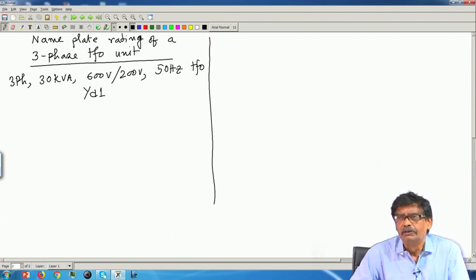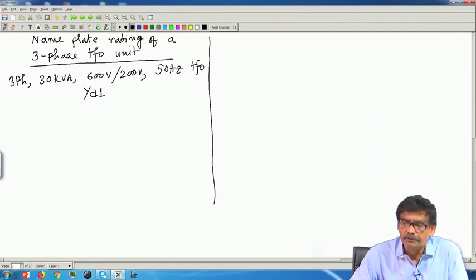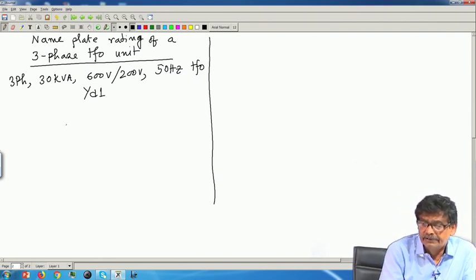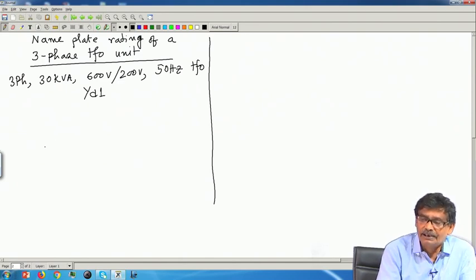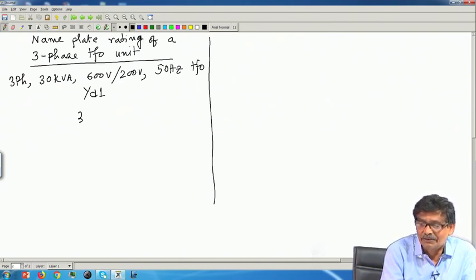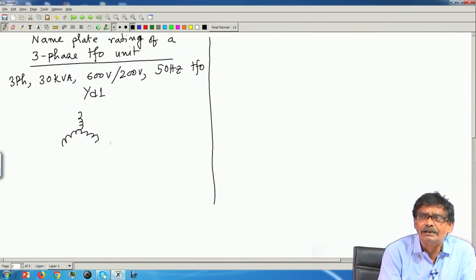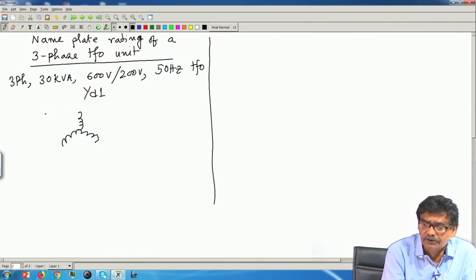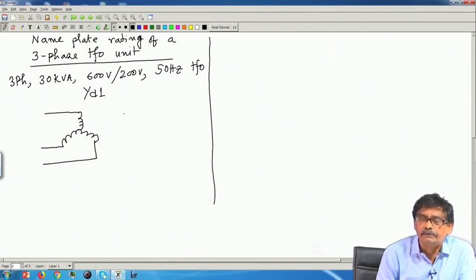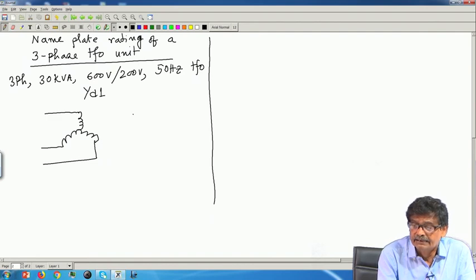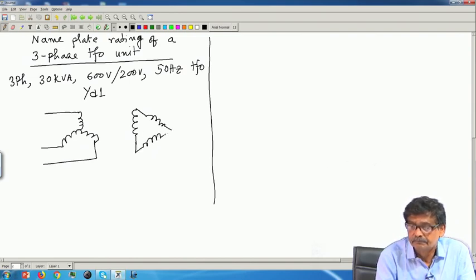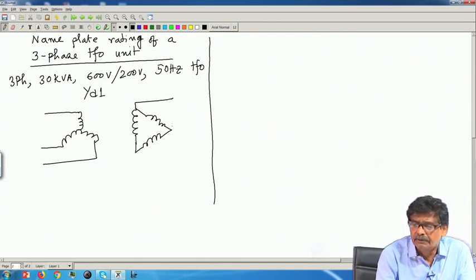So, henceforth what I will do, because connections once I have understood, I will just tell that okay, this transformer, the normal way of drawing star and delta connection I will do. Okay, the primaries are connected like this. Even I will not mark A1, A2, A3, A4. We know that whoever has connected, he has connected properly, so that you achieve this Yd1. Similarly, the secondary is delta connected. So, it will be like this, and connected correctly.